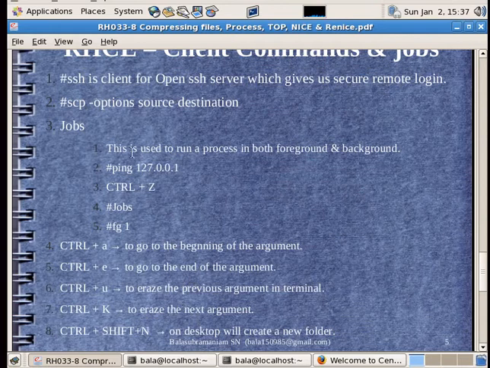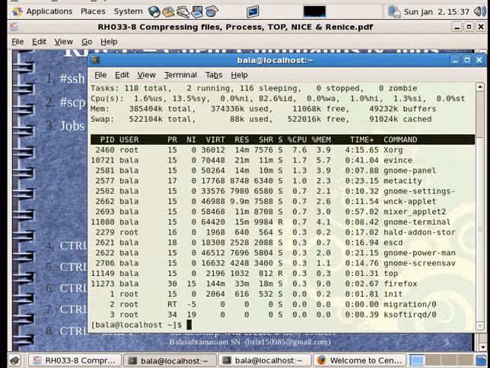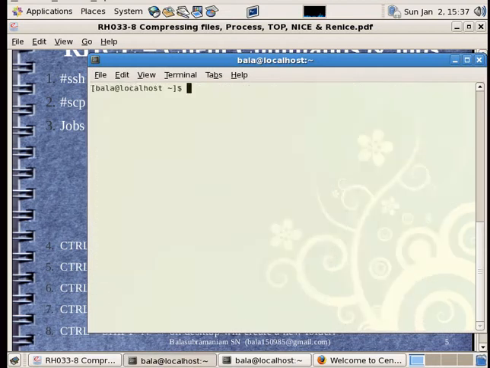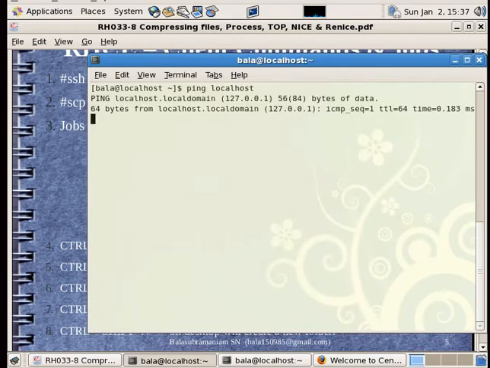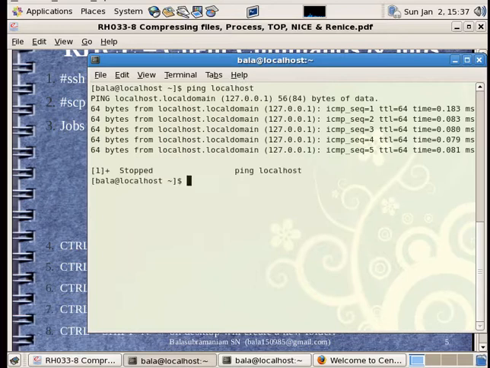Then jobs. Jobs is something which will enable us to push something to the background and pull it back into the foreground. Let me hit Q. Let me ping localhost. I'm pinging the localhost right now. If I press Ctrl Z, I have pushed the ping command into the background, but the process is still running.